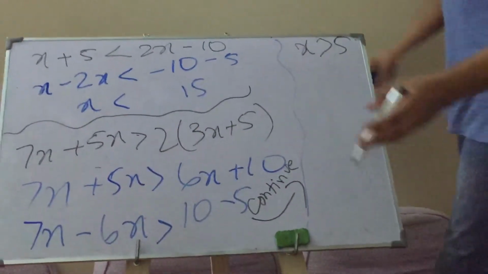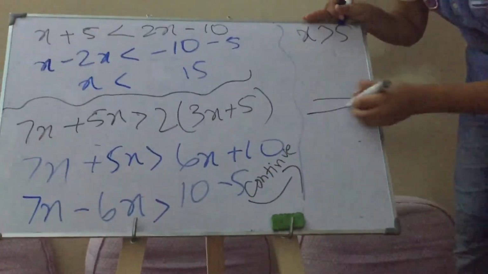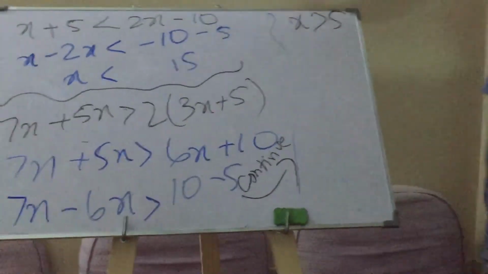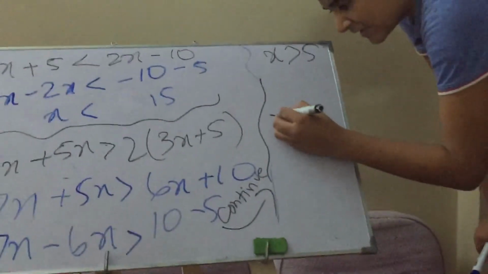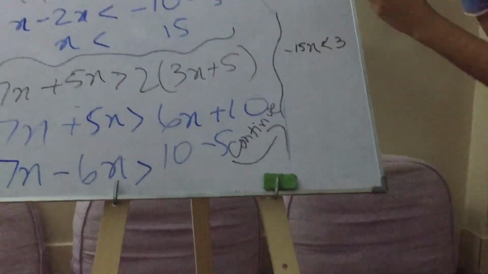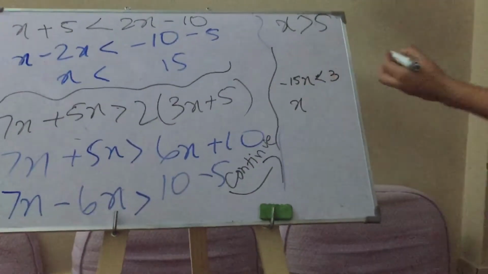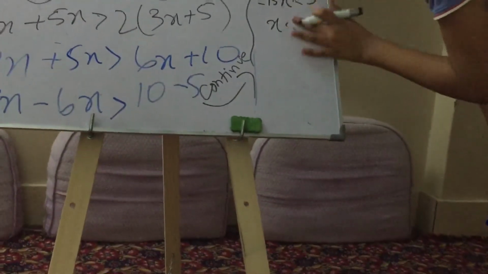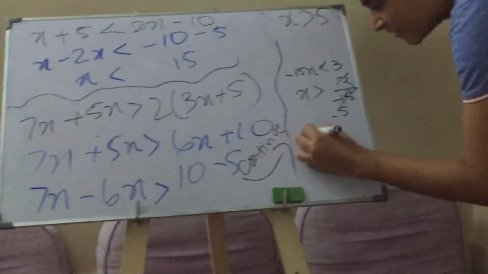But I will say it one more time. If you can't understand like this, when this is a greater or smaller sign, you can put an equal to in between, then rub out all these equals and write the sign of this. I just want to tell you one more thing. When there is minus 15x, this sign, and 3, just remember one thing, keep it in your mind forever. When you transfer minus 15 to the right-hand side, the sign of greater or smaller will also be changed. Like this: 3 upon minus 15, 3 1s are 3, 3 5s are 15, x less than minus 1 upon 5.